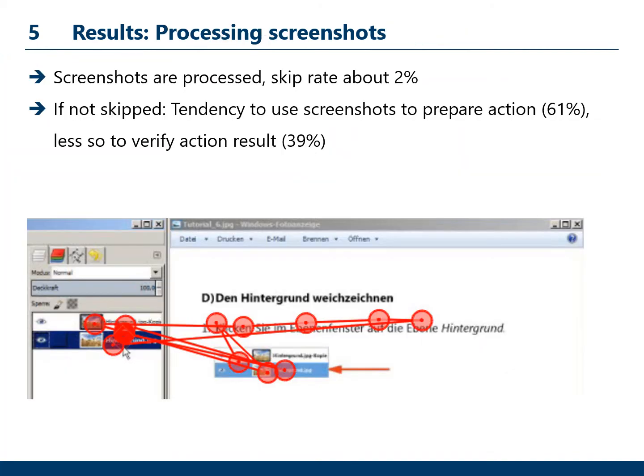A first question we asked was, are screenshots processed at all, and at which point are they processed? What you see here is 5 seconds of the scan path immediately before the action described in step 1 of this procedure is executed. That is, before the required click is made in the GIMP software. At this point, several fixations were already made on the respective screenshot. So the screenshot was selected and processed to plan and prepare the action. This pattern was found in the majority of cases, but